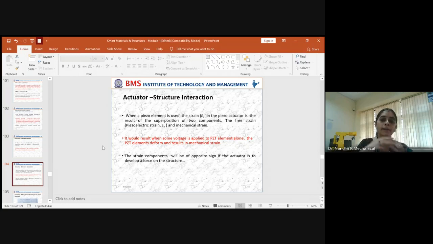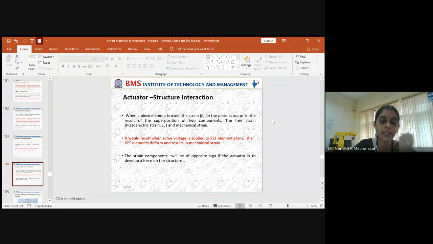Now we should understand the interaction between an actuator and a structure, because an actuator is nothing but our piezoelectric element and it cannot act by itself without any support. If this is your structure or the substrate, above that we should add a layer of piezoelectric, which is called a patch, which will act as an actuator or a sensor based on the application. Whenever we need some displacement, we use an actuator and not a sensor, because actuators are the smart materials which are active and capable of doing work.